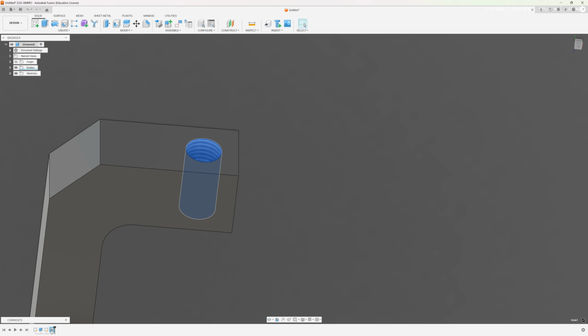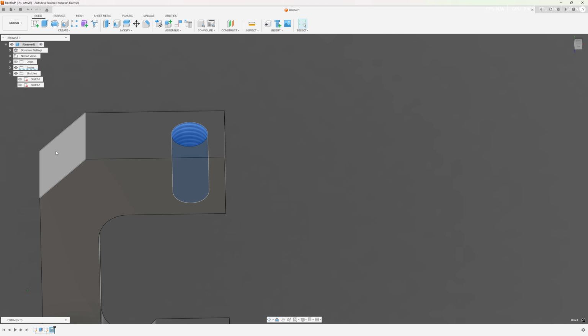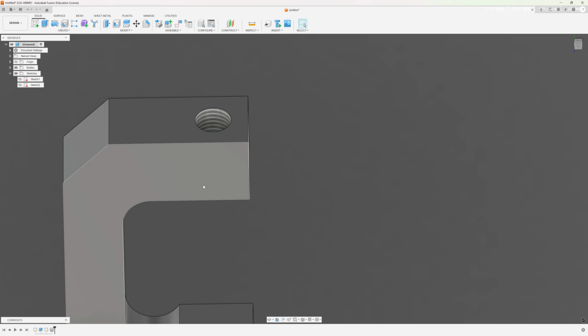So if you are doing something like this, it is very useful, and I also recommend it, because it shows there's going to be threads in that hole, which is